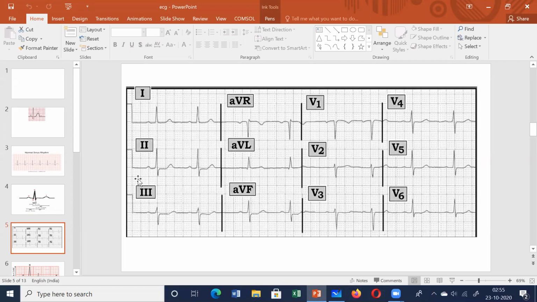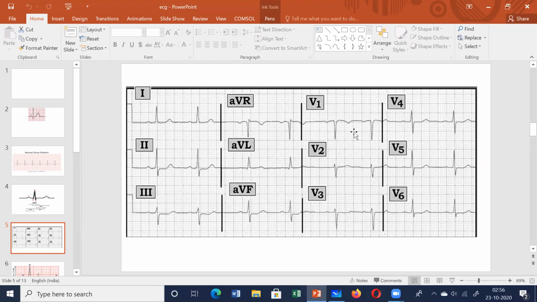Now let us quickly discuss how you will see left ventricular hypertrophy. For diagnosing it, you have to add up the lengths of the waves: the S wave in V1 and the R wave in lead V5 or V6. The R wave is prominent in V5 and V6, whereas the S wave is seen in V1. I'll tell you a little bit about axis deviation also, which is also important.